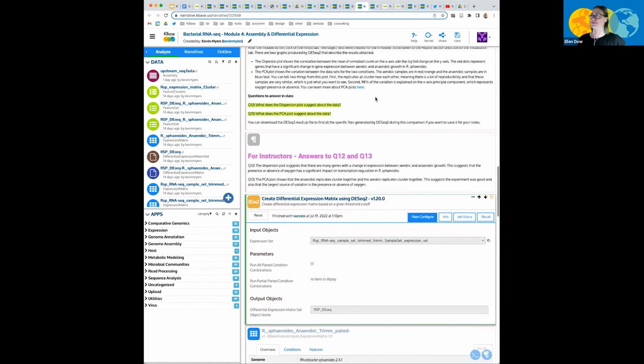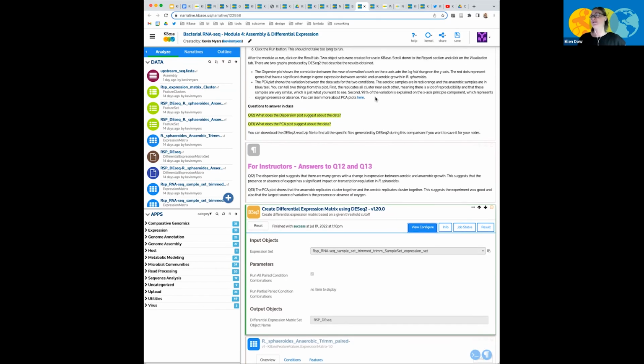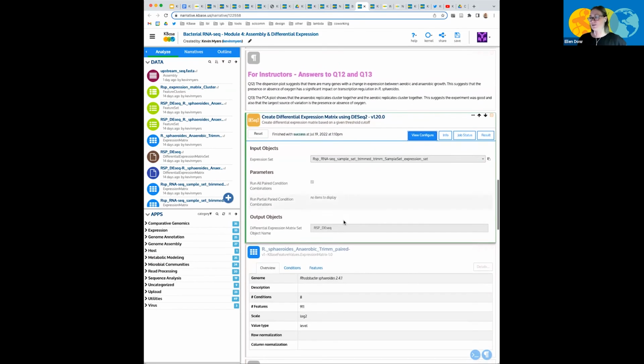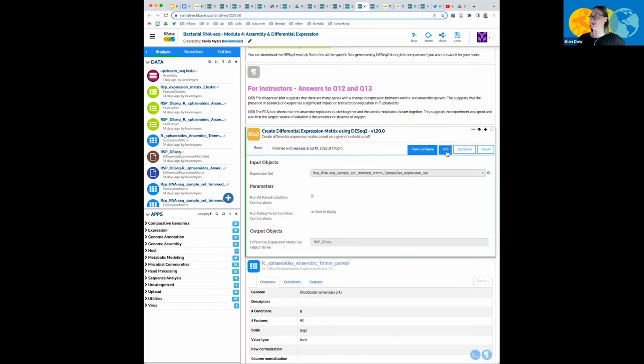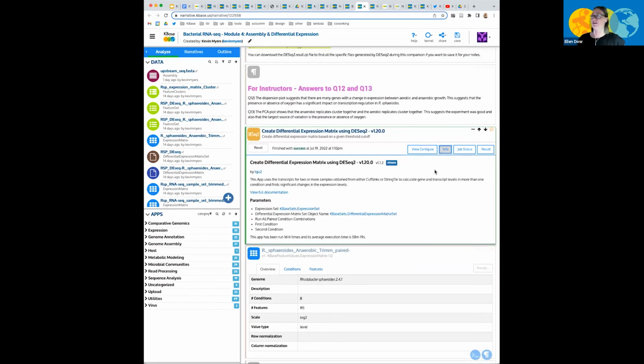He was also pretty specific about what he labeled the data objects as. So as the data moves through the workflow, you can pair the initial names he gave with the newer names or the outputs from each of the analysis tools. And then if you're interested in learning more about the tools themselves in the narrative, you can click on the info tab, and this has a bit of